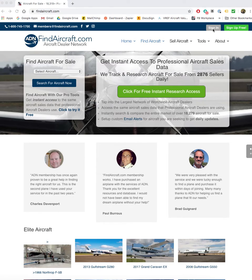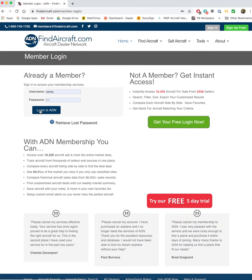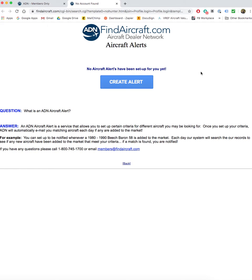Today I'm going to log in to our dealer research center, set up a couple of aircraft alerts. I'm looking for a couple of aircraft, and I'm going to go up here in the right corner and view my aircraft alerts where there are none, and I'm going to click Create Alert